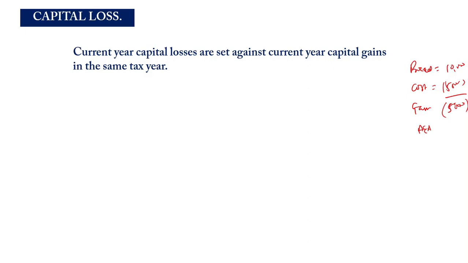So if you have 5 assets and you sell them, you calculate the gains on asset 1, the gains or loss on asset 2, the gains or loss on asset 3, that's for asset 4 and asset 5. Okay, so it's possible for you to make a gain on asset 1, a gain on asset 2, maybe a loss on asset 3. Okay, so what we are saying is that here, because it is in the same year,